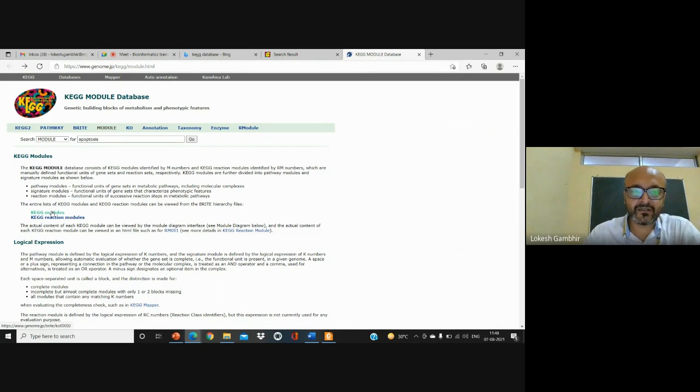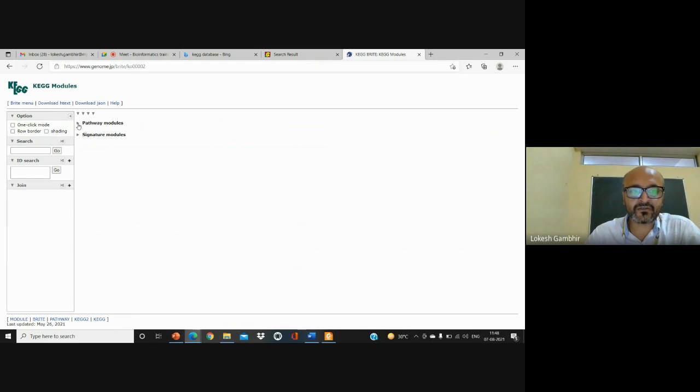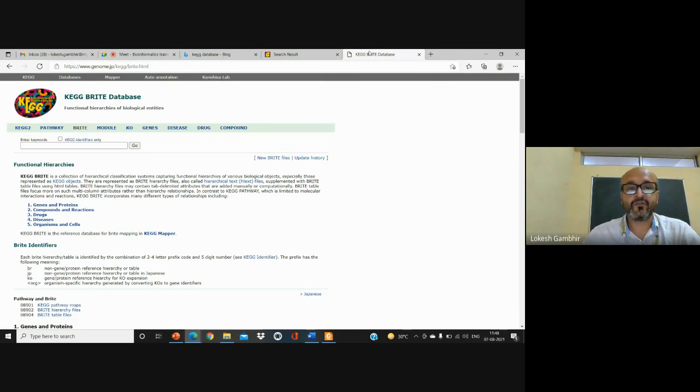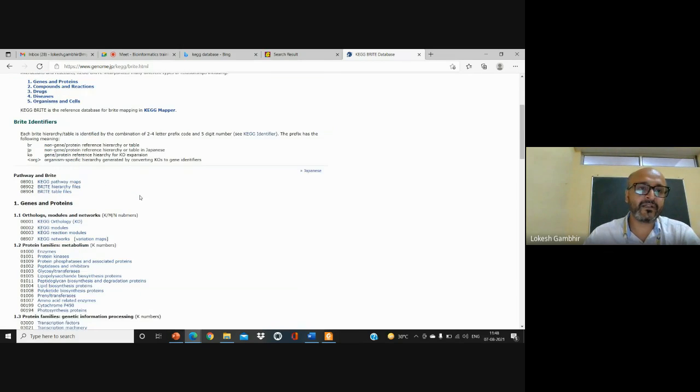If you want to see the list, you just click on KEGG module and you will enter inside the complete list. So this is the pathway module that they have provided to you in broad categories. Carbohydrate metabolism pathways. If you click on this, all the pathways that are there will open up for you. I am more interested in terpenoid synthesis or phytochemical synthesis or metabolic pathways. M stands for metabolic pathways, so metabolic pathway modules. So I'll be going for this particular KEGG module. You can explore more whenever you feel free time. You can explore more regarding this KEGG pathway, and you will find multiple pieces of information.